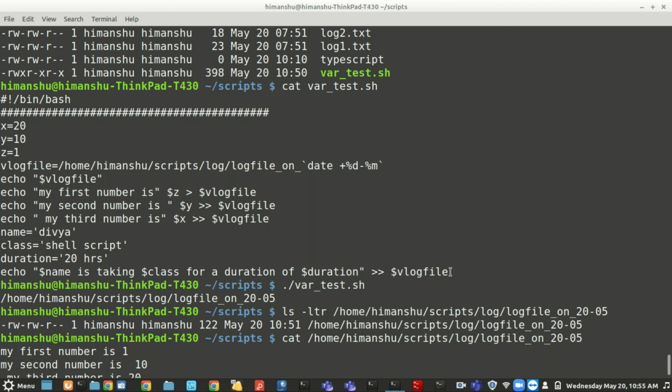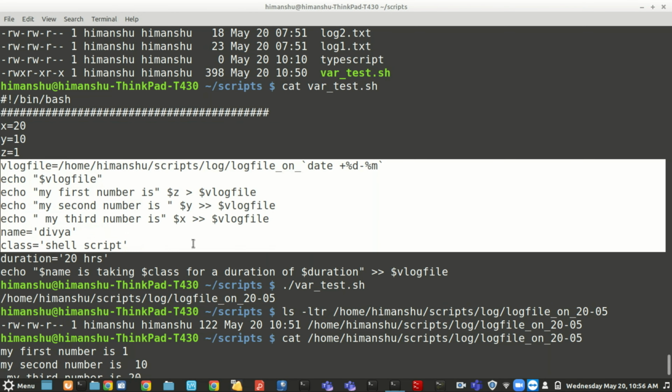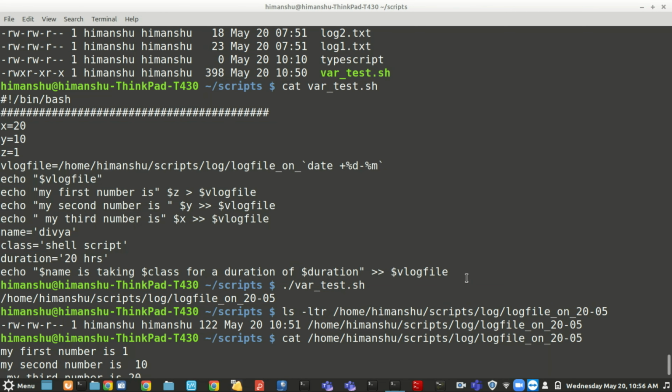So always try to think about how you are going to manage those files also. You can create n number of log files, that's not a problem, but at the end of the day, who has to maintain that? Admin or you have to maintain that, right? So try to make sure that the script is self capable enough to maintain itself, rather than needing any human intervention.